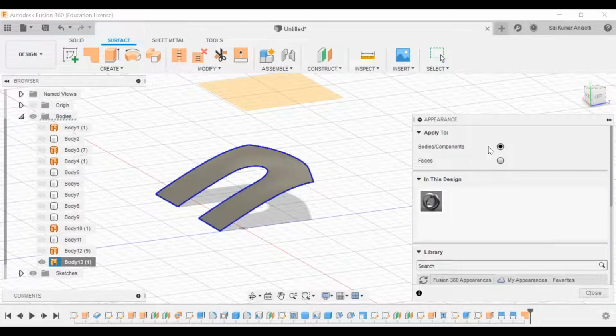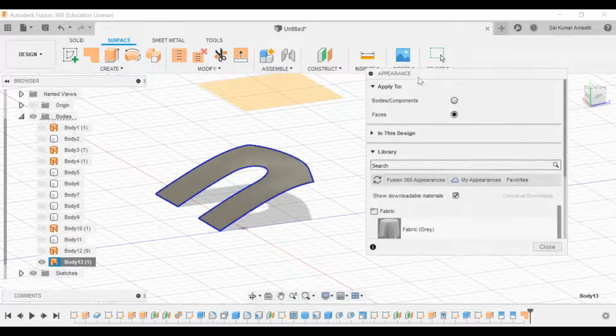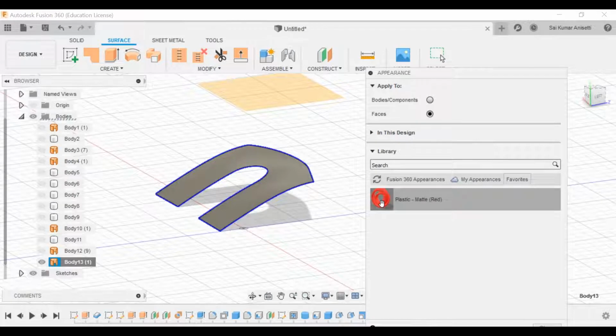Okay, for appearance, let me go with it. See, these are just decals. Plastic body or just face designs.